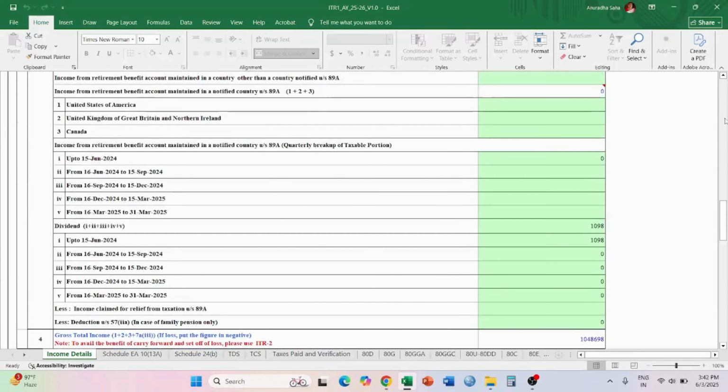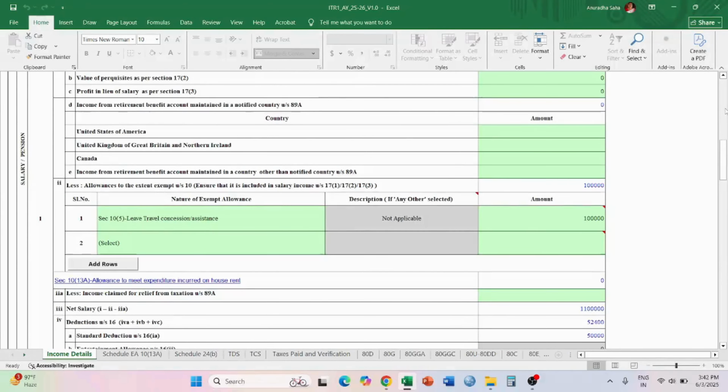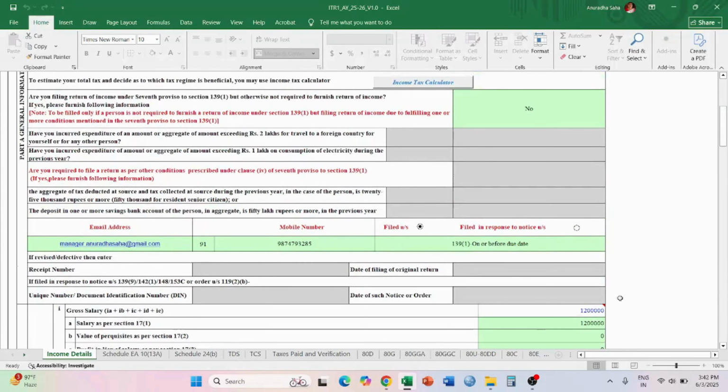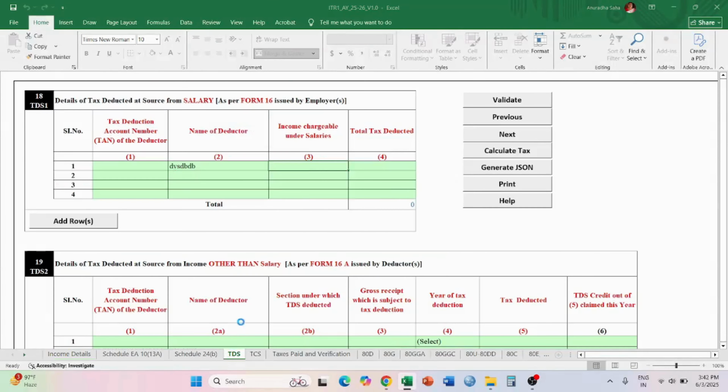The value that you have written over here, suppose the gross value I had written, salary as per section, this 12 lakhs has to match over here. If you have something more, you can write it.